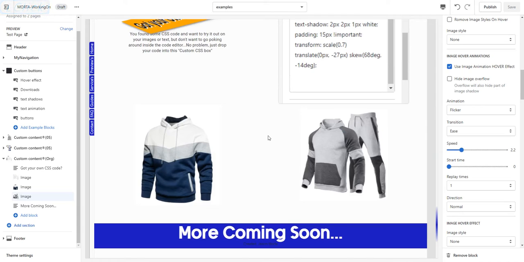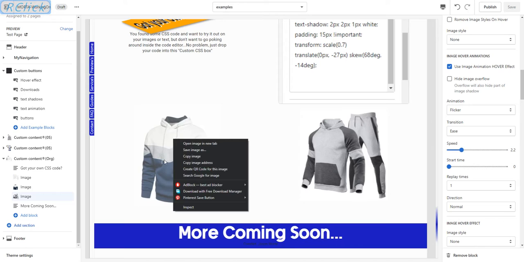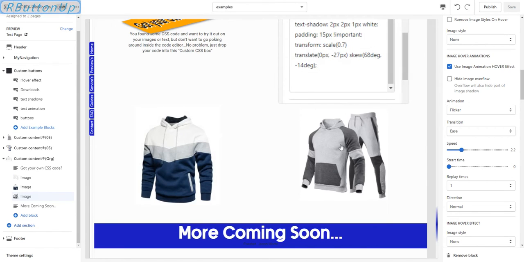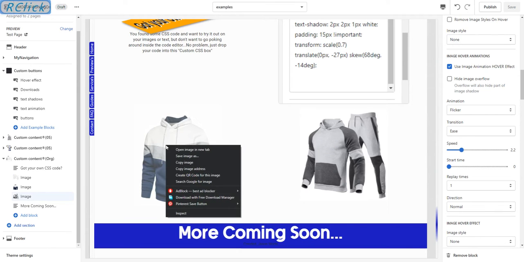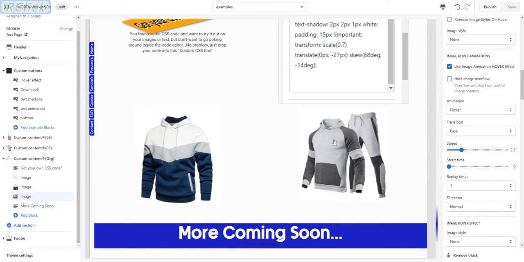So let's say, for example, you want to prevent visitors from right-clicking on any of your images or any content inside of your web page. Like for example, this one up here, this image, I can right-click, save, copy image. But this one doesn't have that. You can see here up on the right when I'm clicking, the right-click doesn't show up, but it shows up on this one. So in this video, I will show you how you can add this feature to your store,